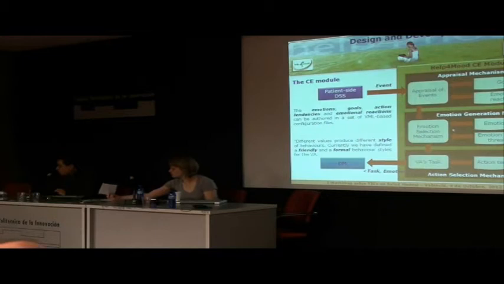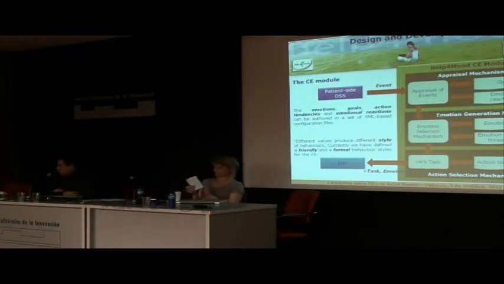Then the emotion selection mechanism determines what specific emotion type will be produced and what the emotion activation thresholds are. In order to activate a particular emotion, we can define some activation thresholds that are also used to differentiate between a friendly or a more neutral virtual agent. If we want to use a friendly virtual agent, then the threshold to activate the positive emotions will be lower than in the neutral